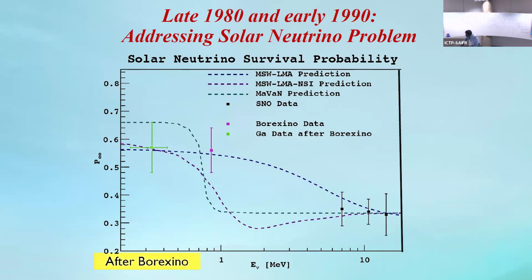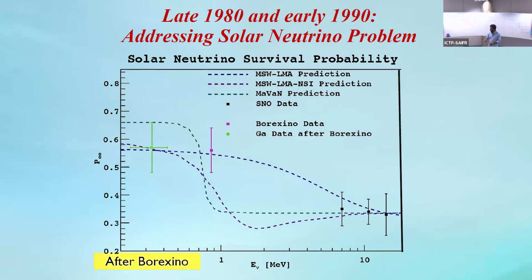If you consider the MSW effect, the MSW prediction perfectly fits this data because of this MSW transition. There are also some other proposals, such as the mass varying neutrino mechanism, as well as the MSW LMA NSI prediction. They also fit the data, but